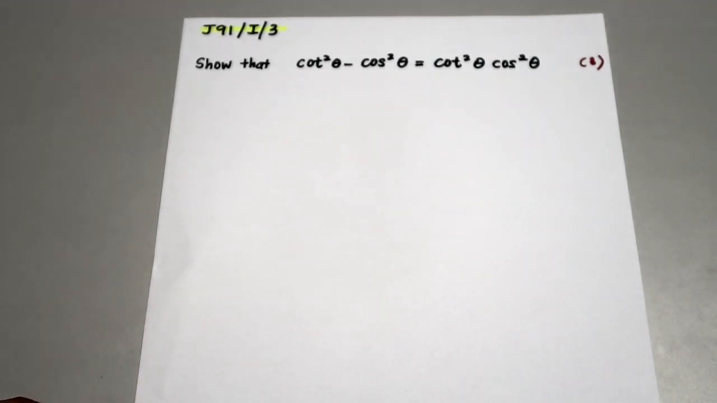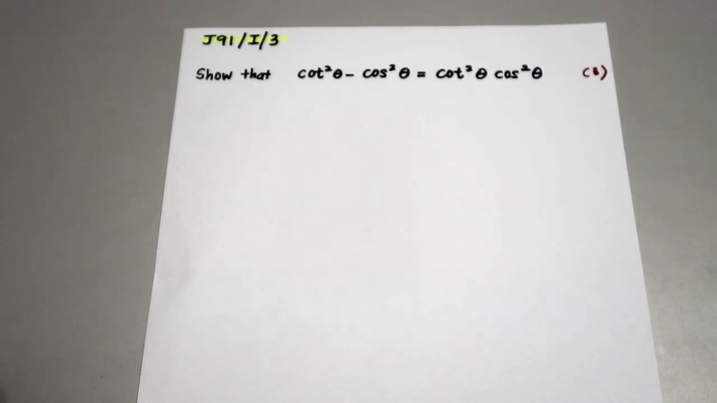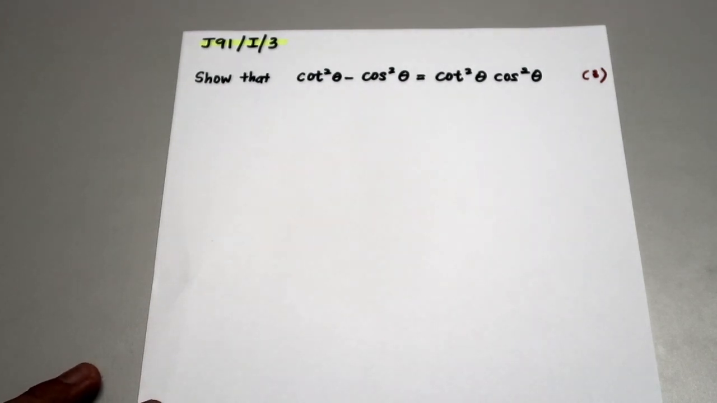Okay guys, now let's look at one more question. This is taken from quite an old paper, 1991. Show that cotangent square theta minus cos square theta equals cotangent square theta cos square theta. Feel free to pause and try it out first before we do it together. Sometimes there can be more than one way of achieving the result. As long as you get it, it's fine, but generally keep to those steps, as we have discussed earlier,